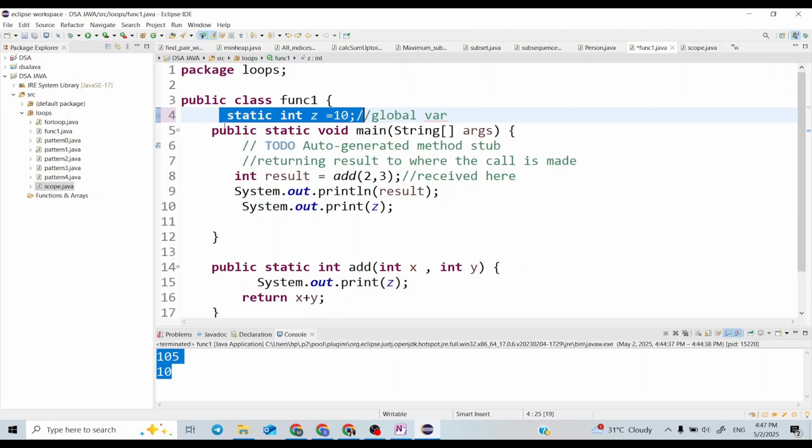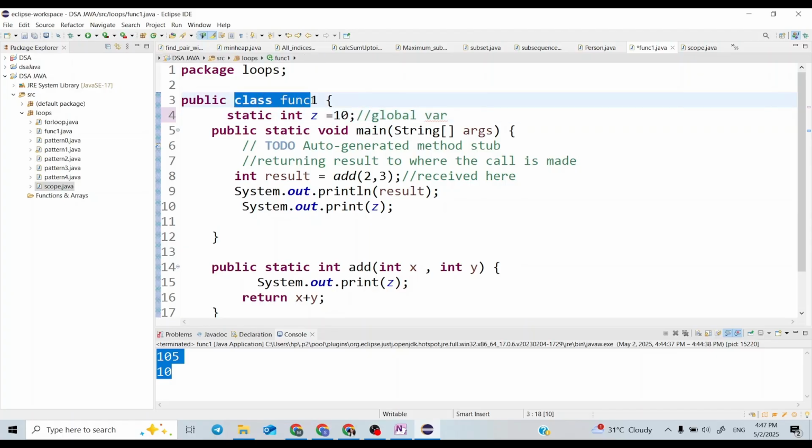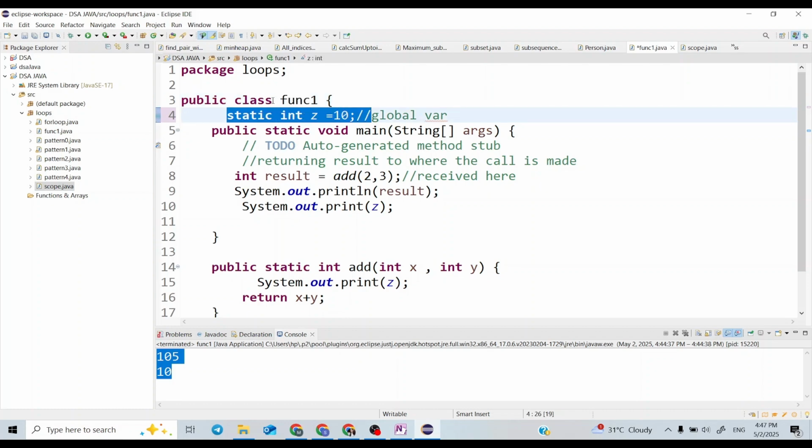Okay, because I have declared this variable inside the class. Everything inside the class, like functions, can access this variable, but not any other class. The scope of this variable is inside the class anywhere.